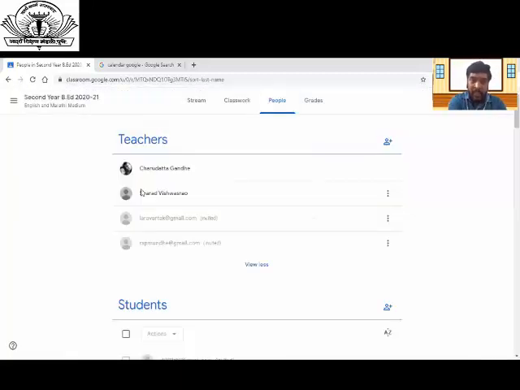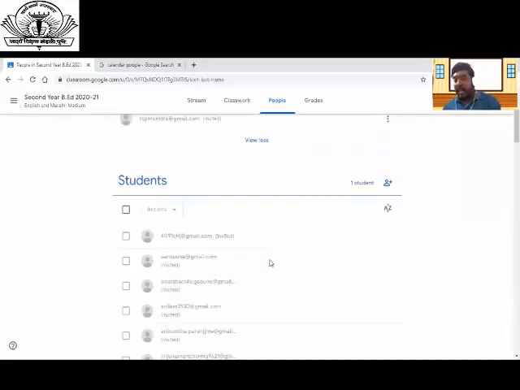Here on my screen, you can see that Vishwasarao sir has accepted the invitation. Vartak madam and Gaibhai madam have not yet accepted the invitations. You can check with your email ID whether you have received the email invitation or not, and accordingly accept the invitation. There is a message: hello Charudatta Gande, under it the email ID of mine is given, invited you to the class second year BA 2020.